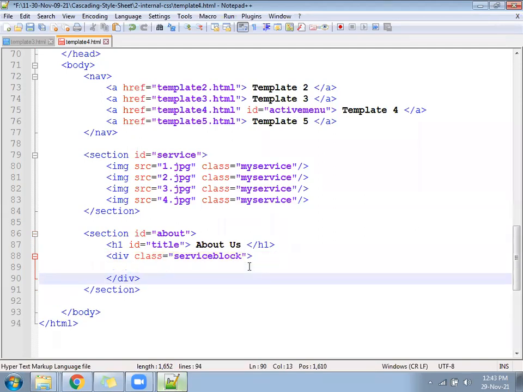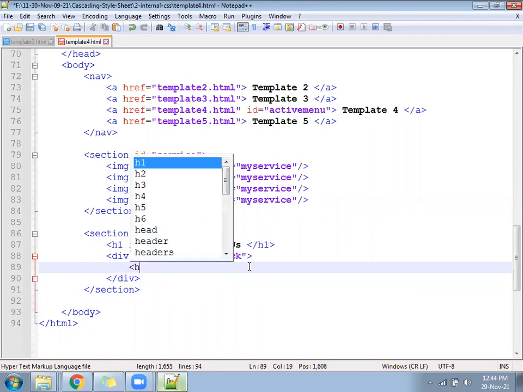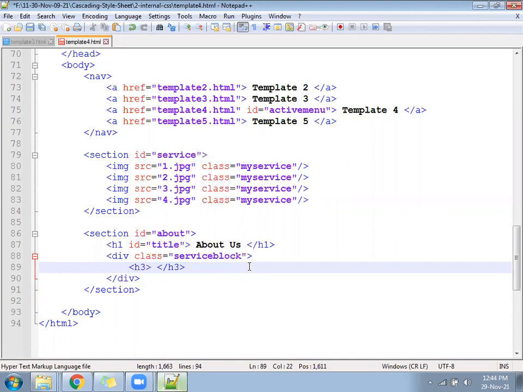Under the service block there will be text plus image, not icons. So we can write an H3 something.